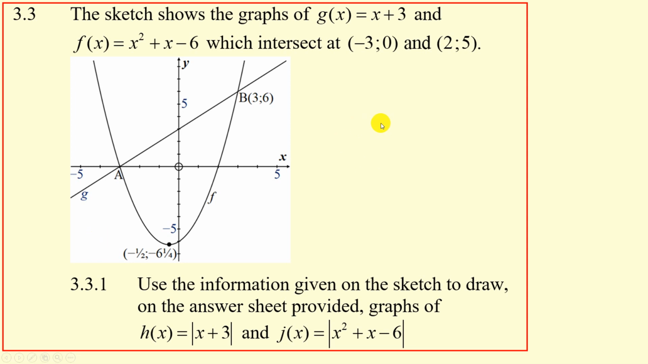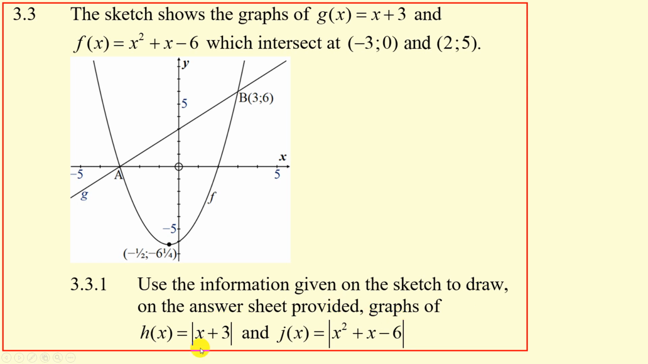Question 3.3, we have a parabola and a straight line intersecting at those points. So it's given to you that it intersects at those points. I'm very sorry, I don't know where 2.5 comes from. It should be 3.6, so that's an error in the actual question, but it does show it on the graph anyway. But you don't need that information, because